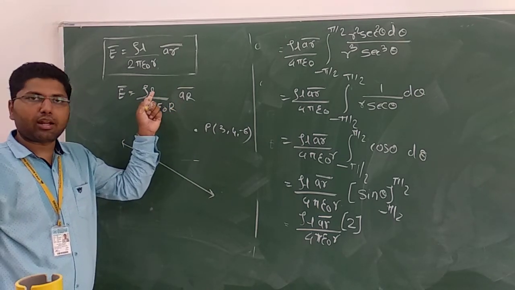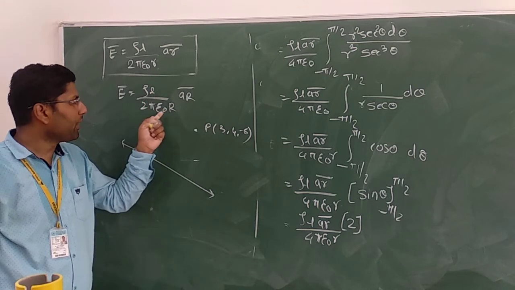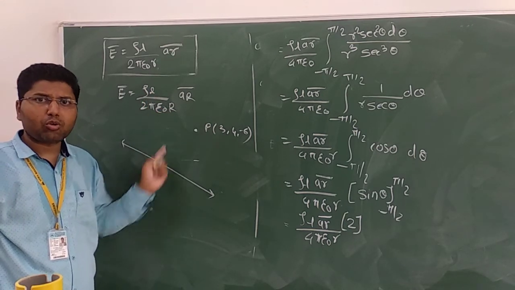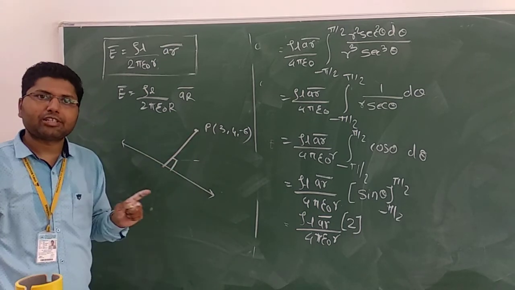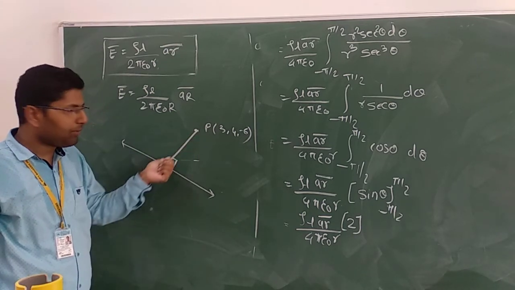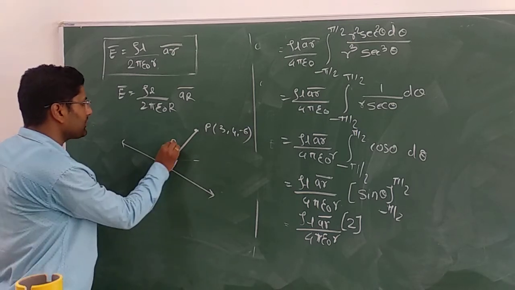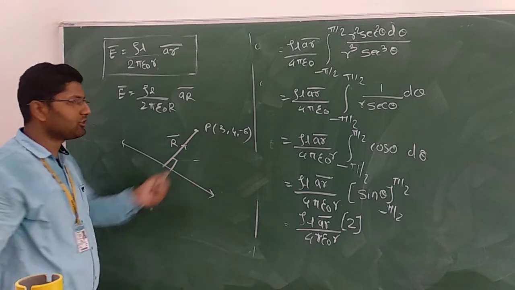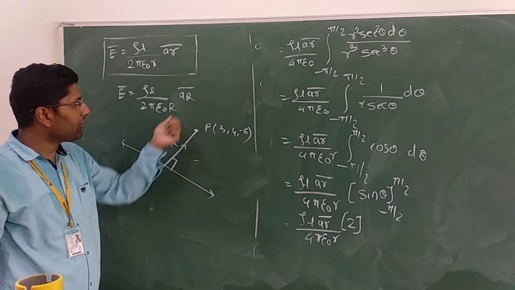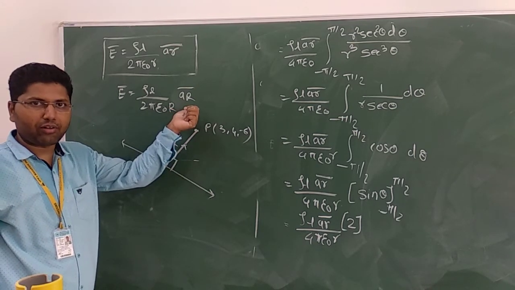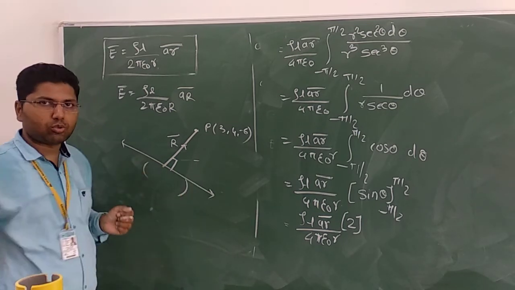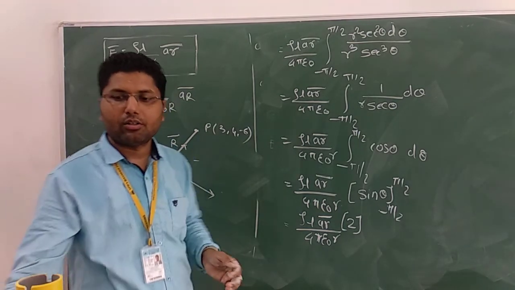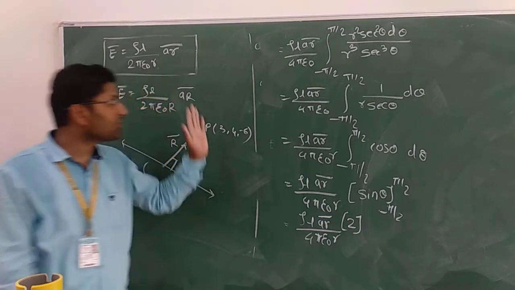E bar is equal to, directly you have to put rho L over 2 pi epsilon 0 r. You have to find out the distance. How to calculate? You have to drop the perpendicular. We will see problems on this. So we take a perpendicular, calculate this r bar, and the direction will be towards point P. So like that, you have to calculate this r, and AR bar is the unit vector, and you will find out these points also. By that way, you have to calculate the problems on this line charge.